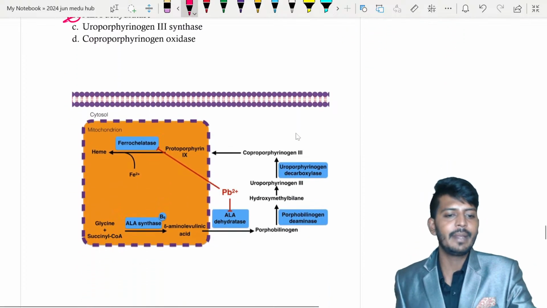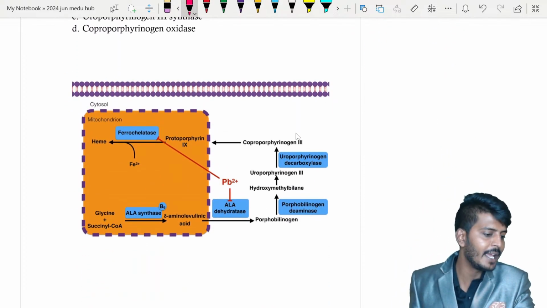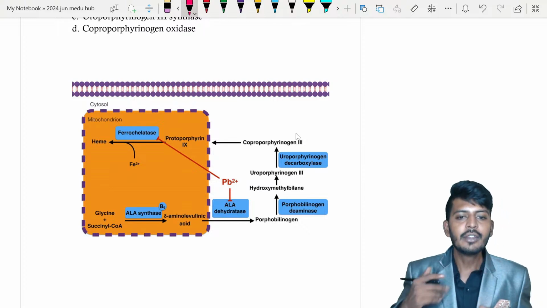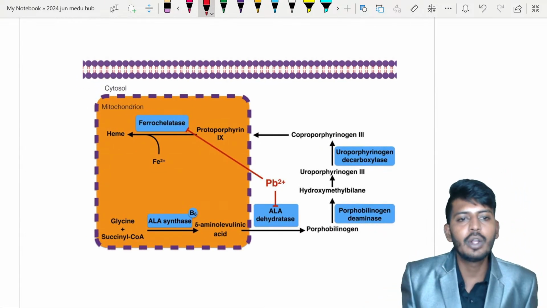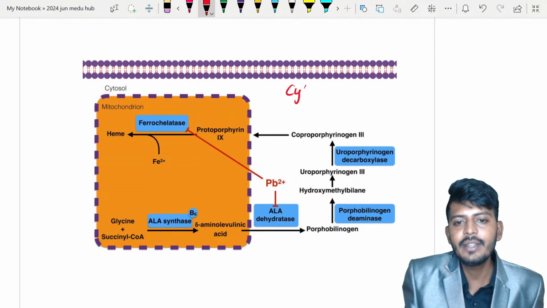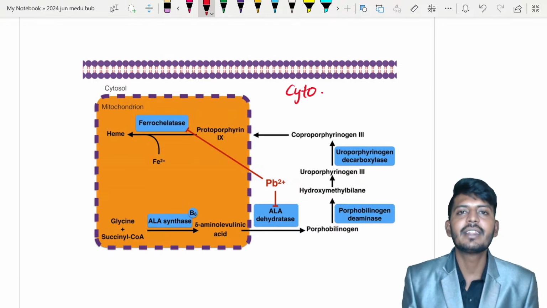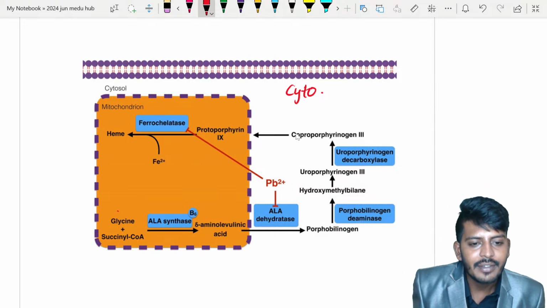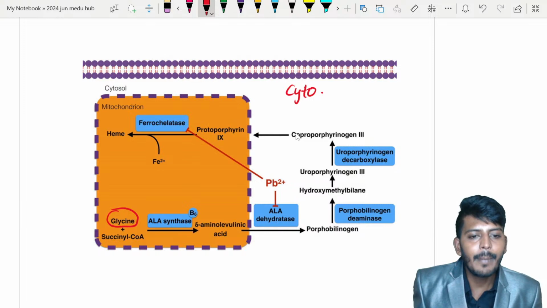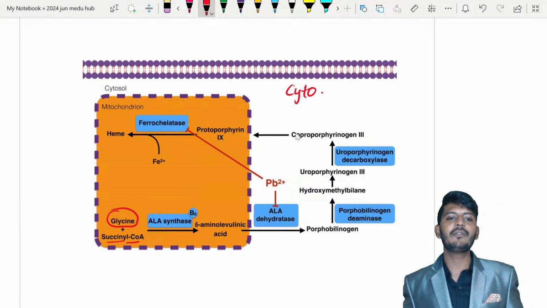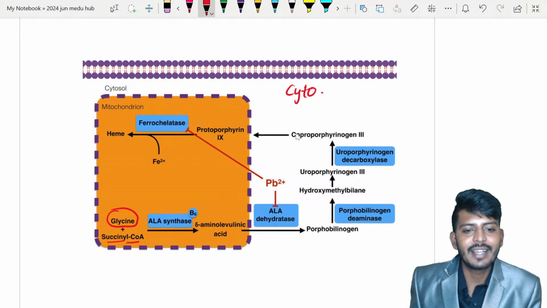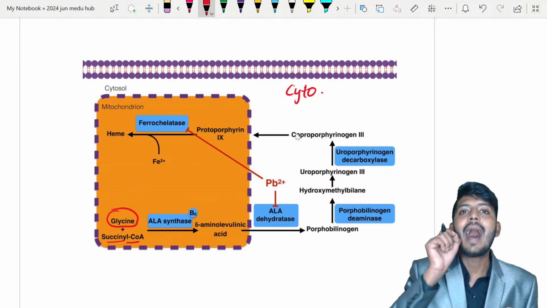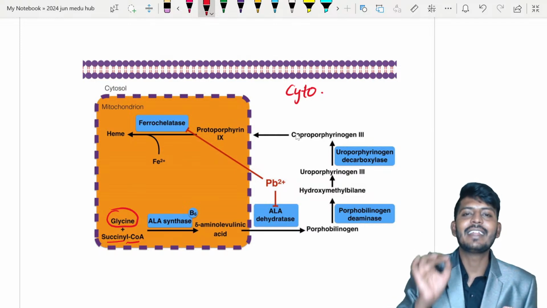Okay, so let's look at heme synthesis. So how does heme synthesis occur? Answer is B. Absolutely correct. Please listen to me. Heme synthesis occurs both in the mitochondria and the area outside, which is the cytoplasm. Whenever heme synthesis has to occur, you require an amino acid called glycine. Glycine will combine with succinyl CoA, and with an enzyme called aminolevulinic acid synthase, ALA synthase,